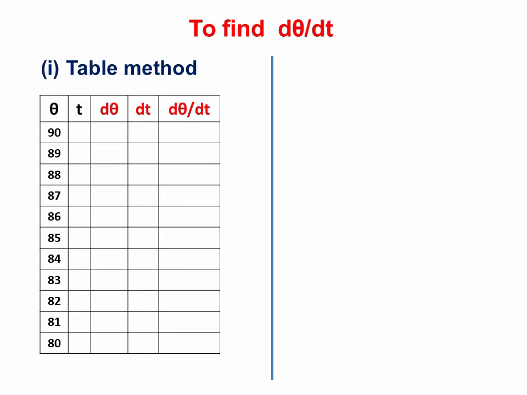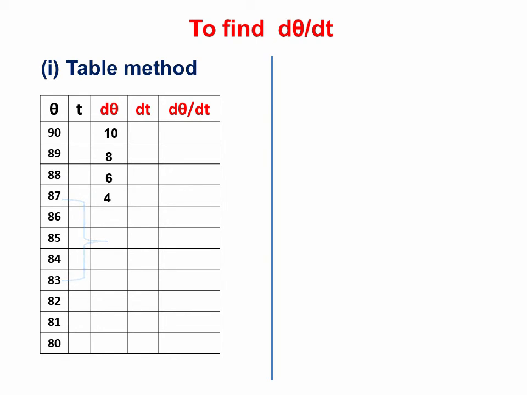Assume that the t columns are also filled. Then how to find d theta? Under the theta column, consider the first value and the last value. The difference between them, 90 minus 80, is equal to 10. Just enter the value under d theta. Next, the difference between 89 and 81 is 8. Note it in d theta. Similarly, we can have d theta values for 6,